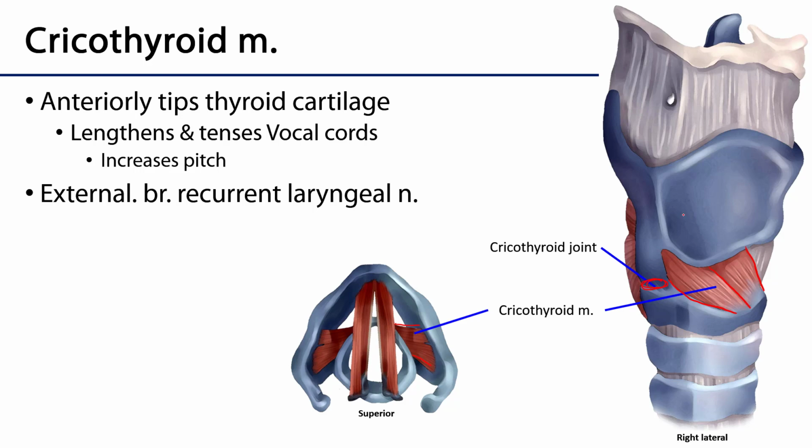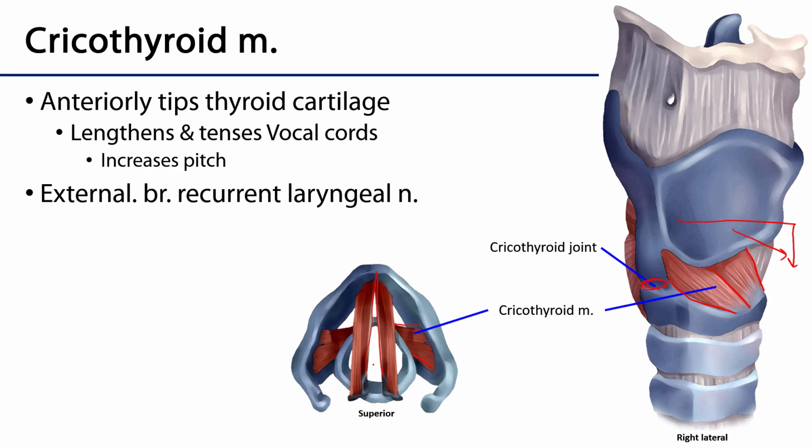So when they activate, they pull the thyroid cartilage forward and downward. So they're going to tip it antero-inferiorly. When they tip the thyroid cartilage antero-inferiorly, that lengthens these vocal ligaments and increases the tension on them,